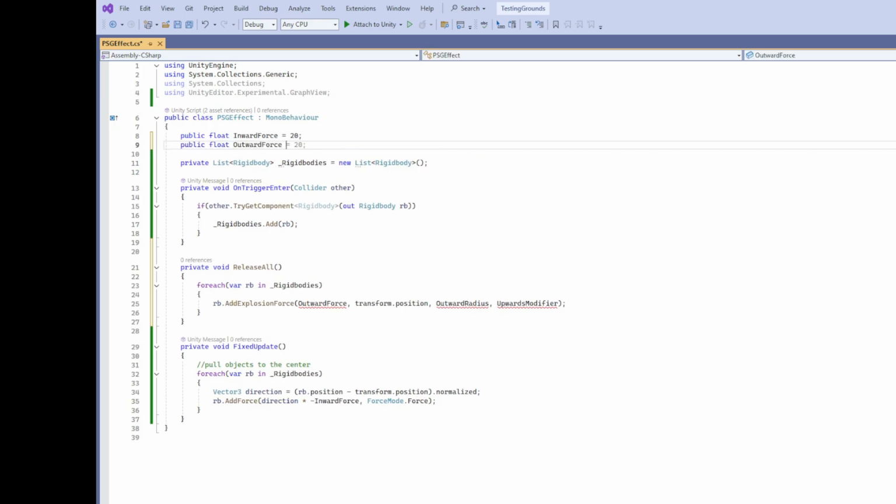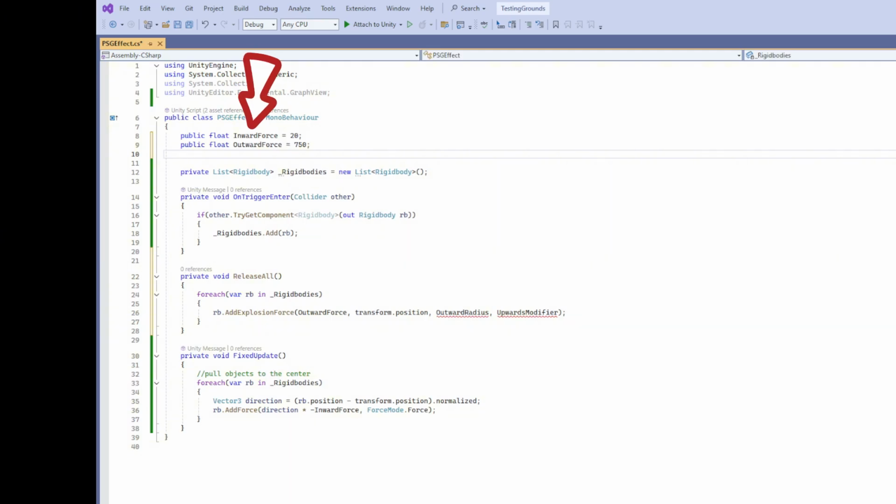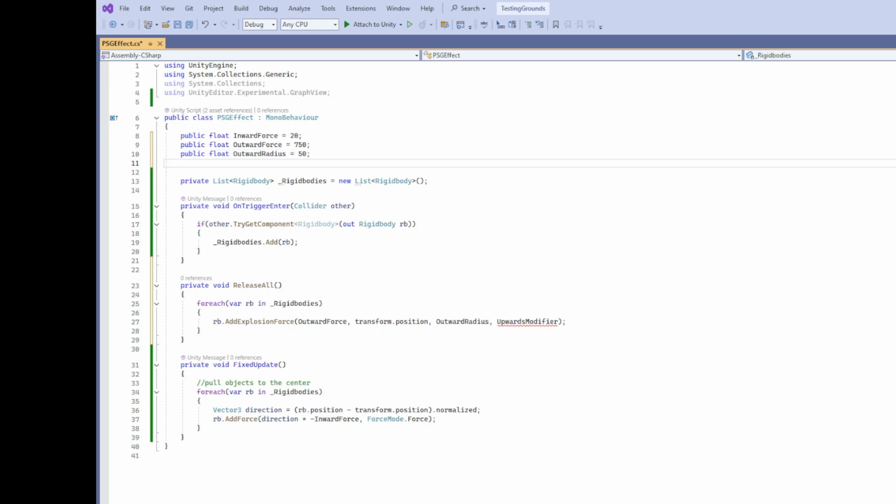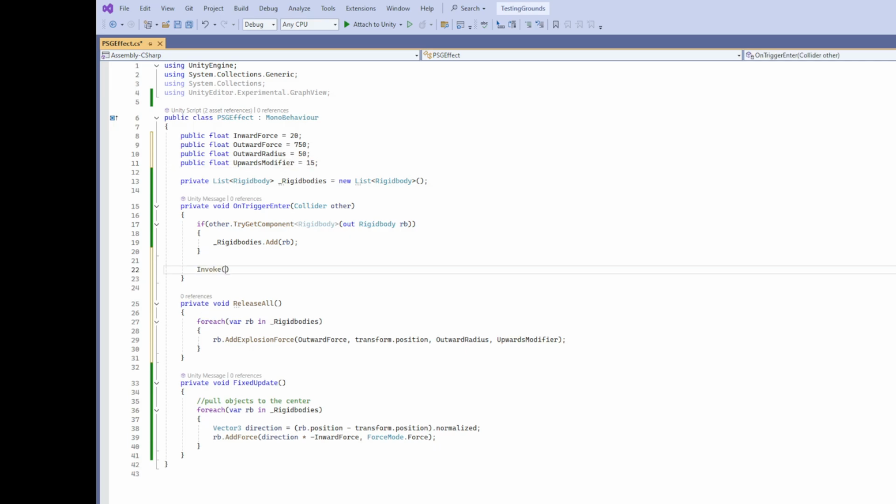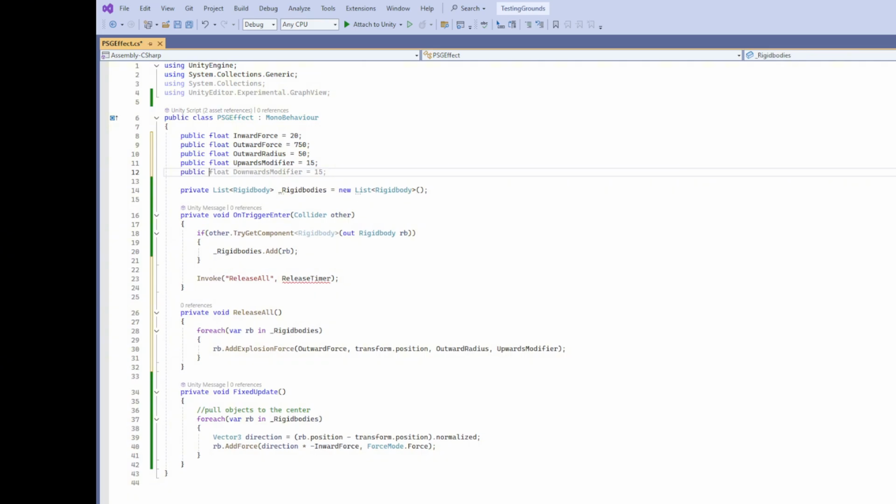The variables up top will be public, so we can modify them if needed in the inspector. And invoke the release all function after a certain amount of time. I'm going to set the release timer to 3 seconds.